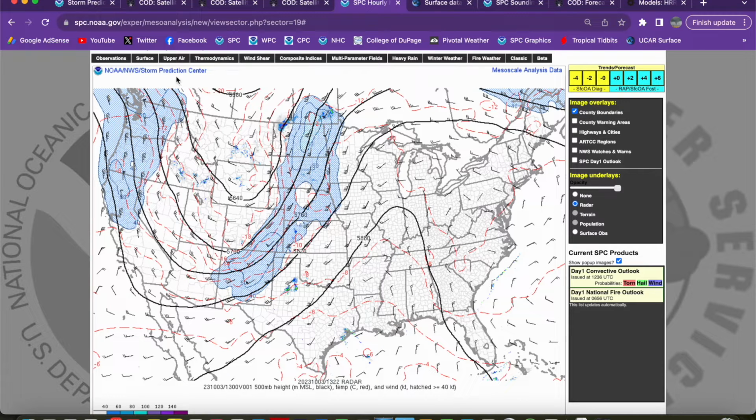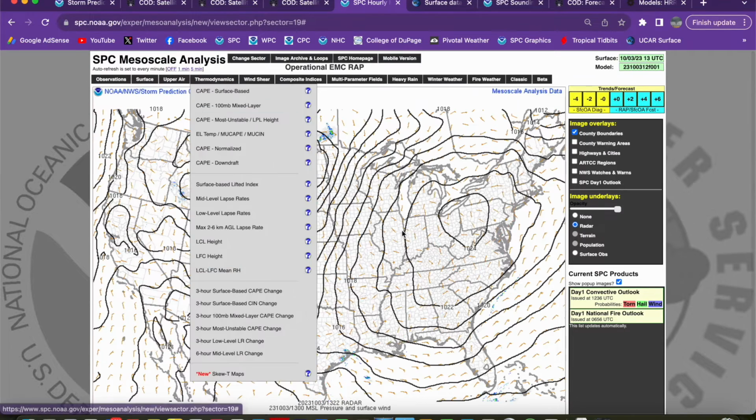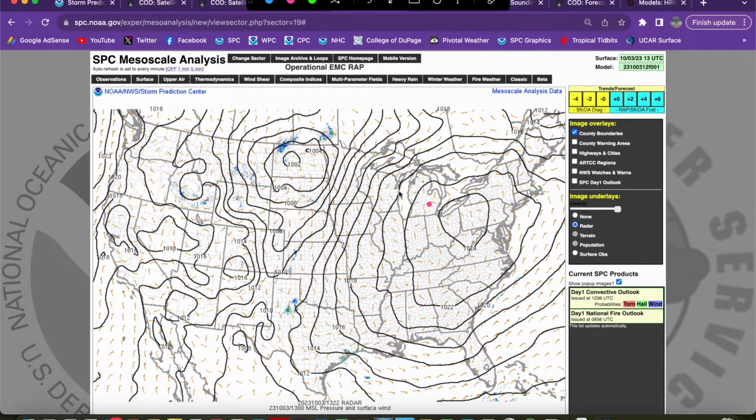Well, as this trough makes its way across the Rockies, we should have expected to see a pretty robust low-level response, and that's exactly what we've gotten. Very potent surface low up here across western North Dakota. Cold front draped down to the south into western Nebraska, eastern Colorado, and we will again get a dry line to develop somewhere in this vicinity across southwest Kansas into the Oklahoma and Texas Panhandles, west Texas today,